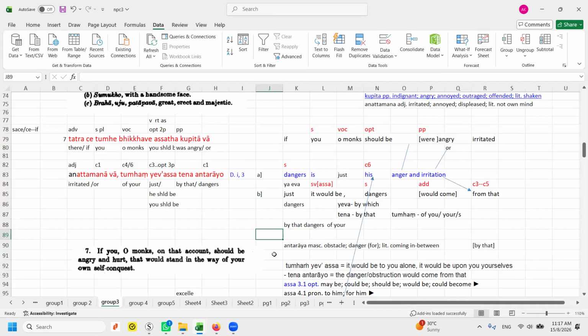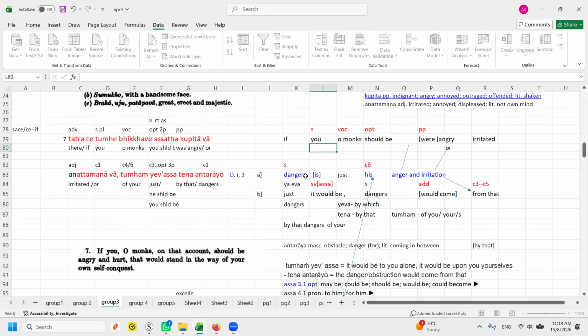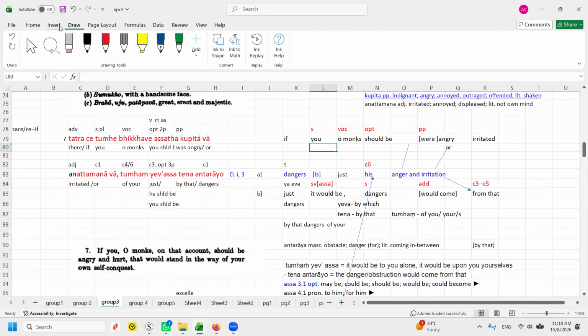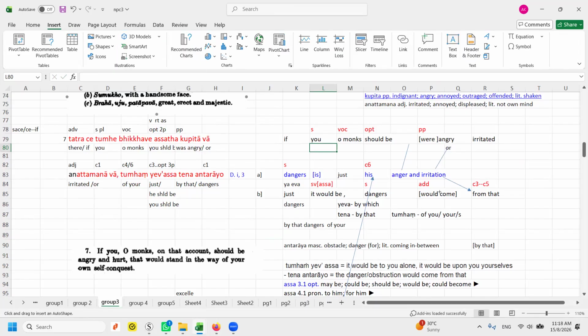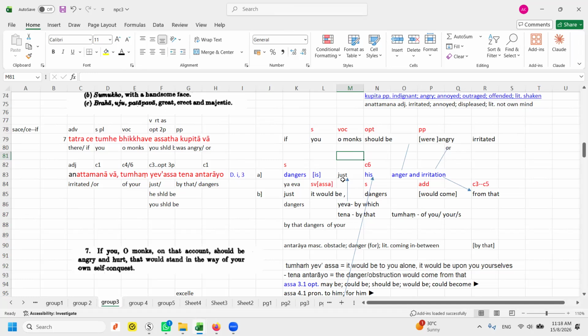In this case, in other words, when we want to combine the two lines, we say the danger, this one is this one. So this is added in because we are trying to describe the danger. Okay, the danger is so Jeva is this one. I'm going to tell you, very complicated in this case. Jeva is just, because when we say by which, not nice, we're going to use just